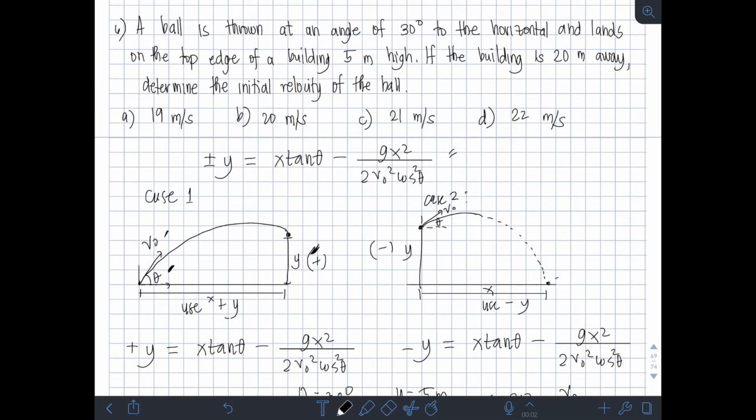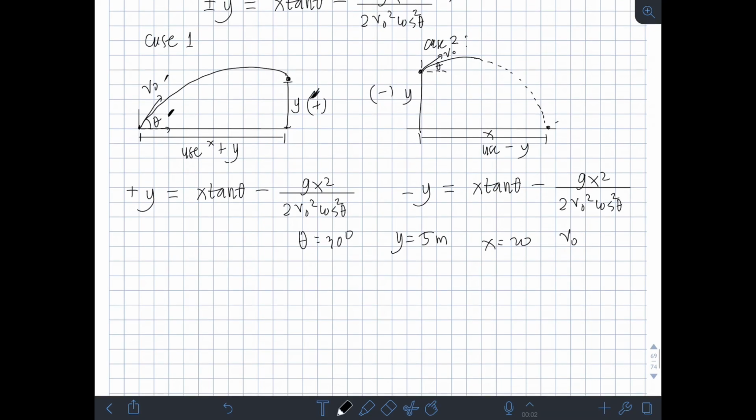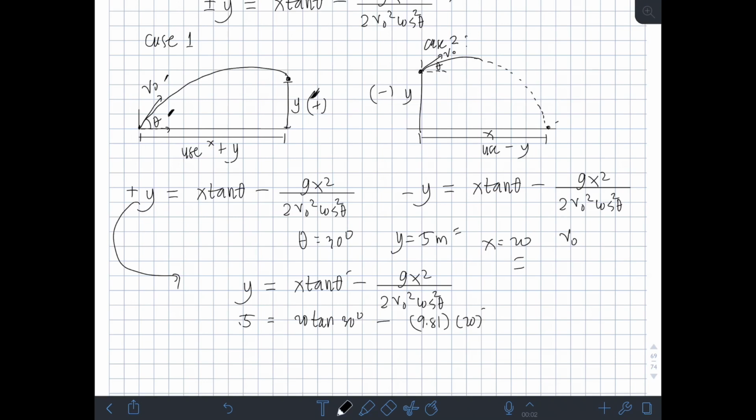Kasi yung point of impact ng ball is below the point of release. So, substitute natin yung value. So, gamitin natin tong formula, right? So, copy ko. So, it's positive. So, y natin is 5, x is 20, then tan theta is 30 degree, minus g is 9.81, right? Times x squared, so 20 squared over 2 v0 squared unknown, then cosine of theta squared, so theta is also